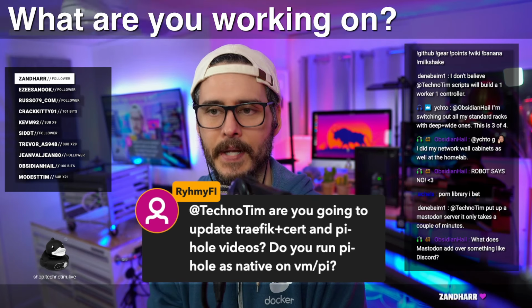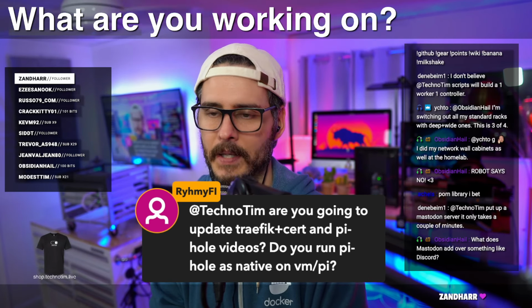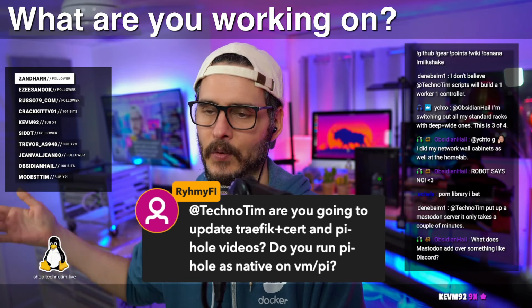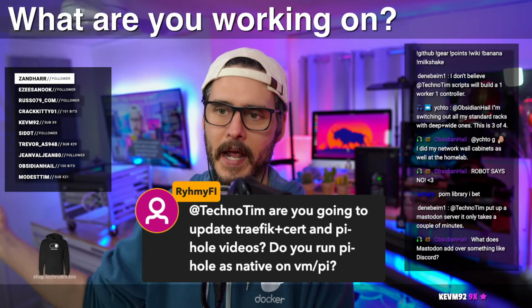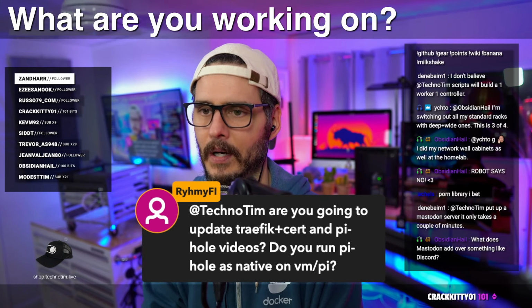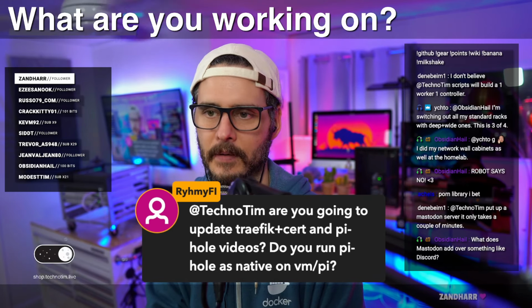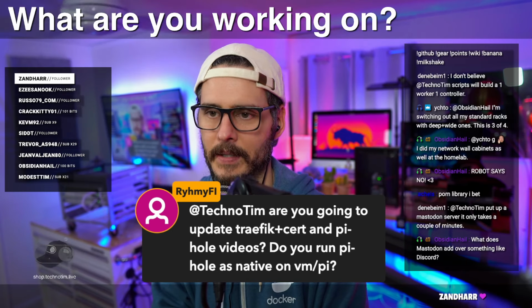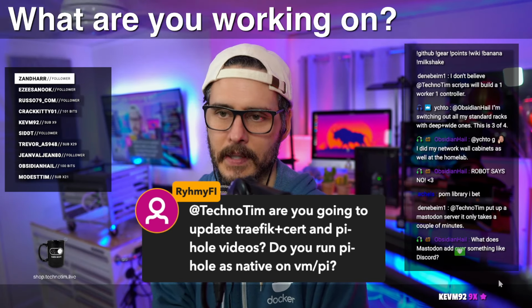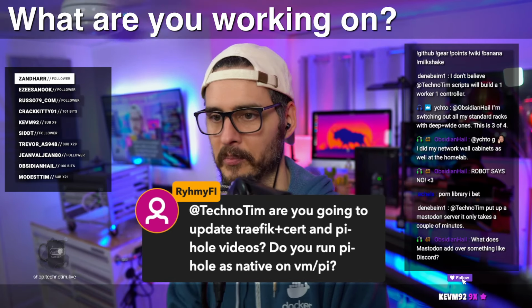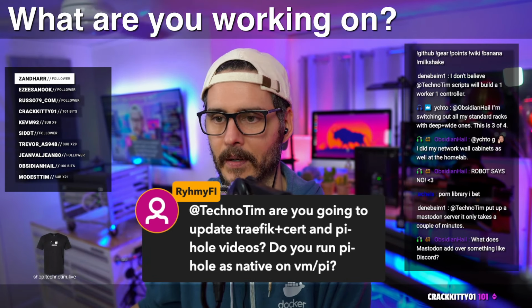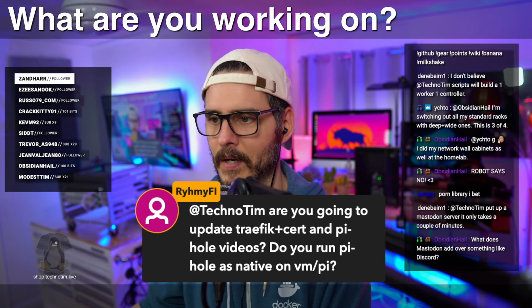But I used to run it in a container, and that worked great. But if you're doing the all-in-one Docker stack, it kind of gets weird sometimes to send everyone and everywhere to that one stack, that one IP. And also, a lot of times I need DNS to stand up services. So when I started moving to Kubernetes stuff, that's when I moved it out of container and made it a standalone VM, because I needed DNS to be up no matter what, and I couldn't put it inside of my containerization platform because I need it before that, as far as bootstrapping goes. So, anyways, yeah, great questions.